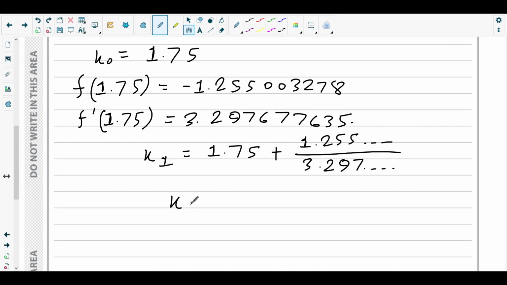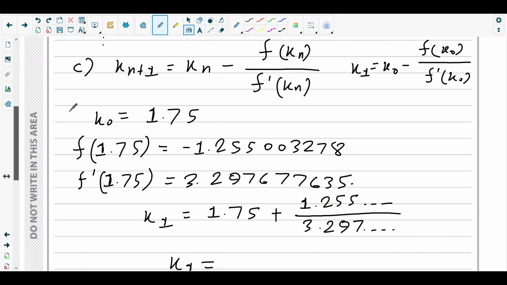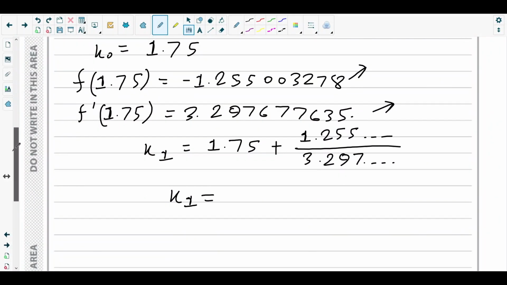So the value for x1 we have to find out: 1.75 plus 1.255003278 divided by 3.297677635. This value is in the denominator and this value is in the numerator, so take the whole value to get the exact answer. That will give you